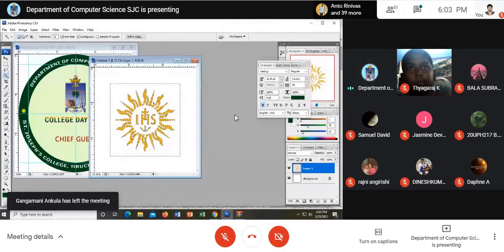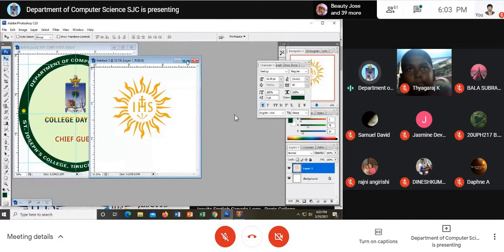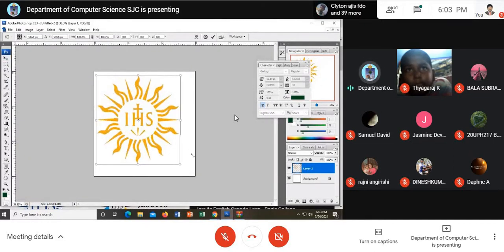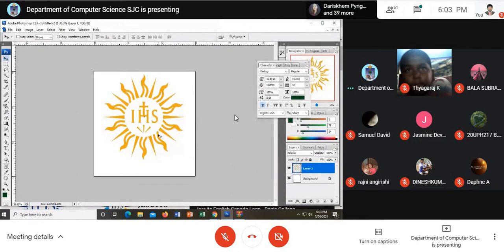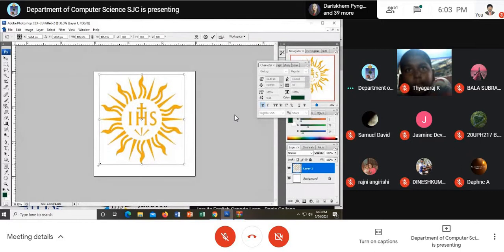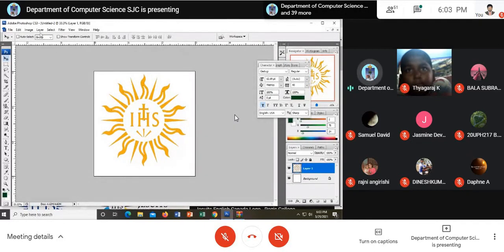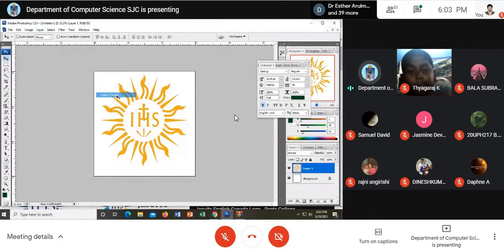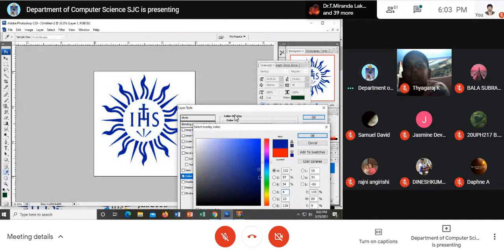Simple. If you want to change the color, you can. If you want some attractive colors, you can take them. You can change the color with gradient or pattern or color overlay. I would like to go for the color overlay and this blue.